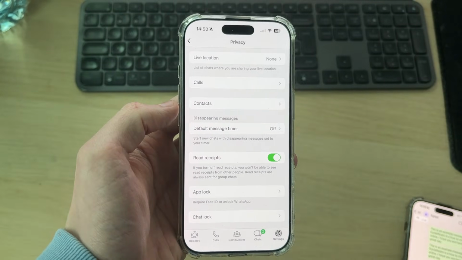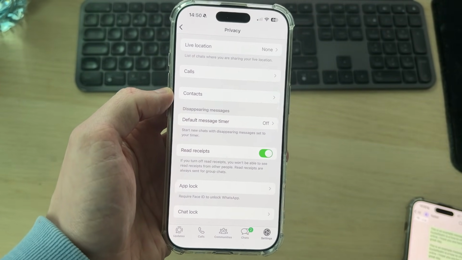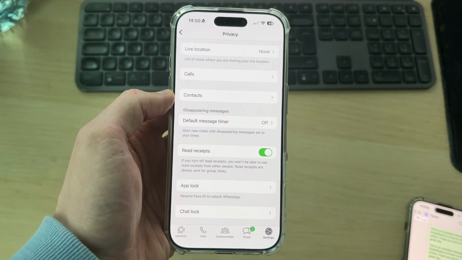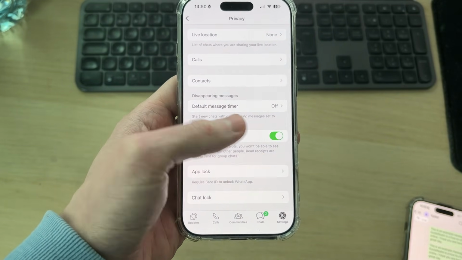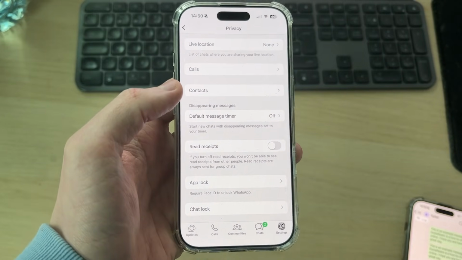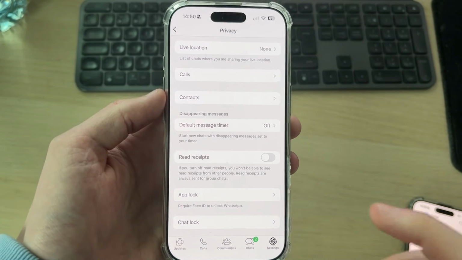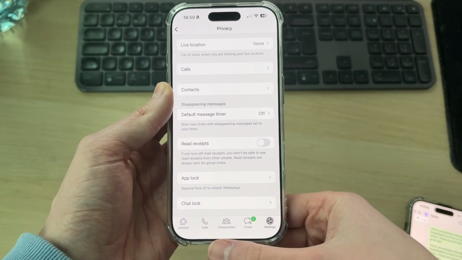What that means is that at the moment when I send a message, I can see if that person reads it, if they've got the setting turned on as well. But if I turn this off, I won't know. It'll just stay the 2 grey ticks. For me, that's worth it. I'm not too worried. I prefer it to be the case where people can't see if I've read theirs. So now that we've turned that off,